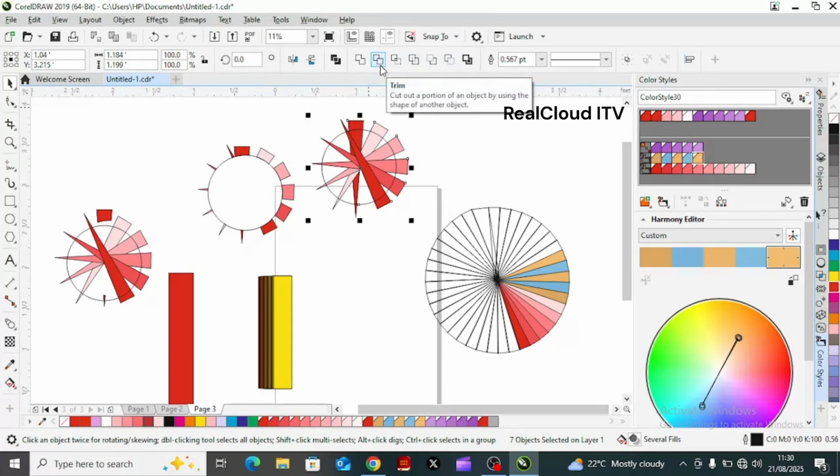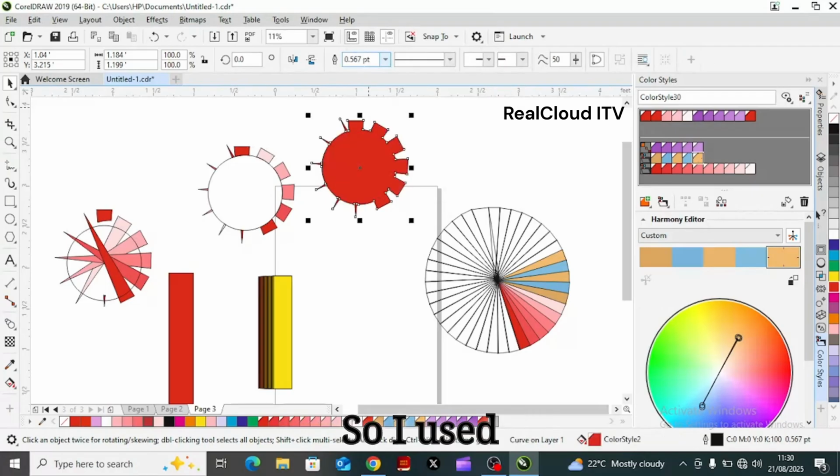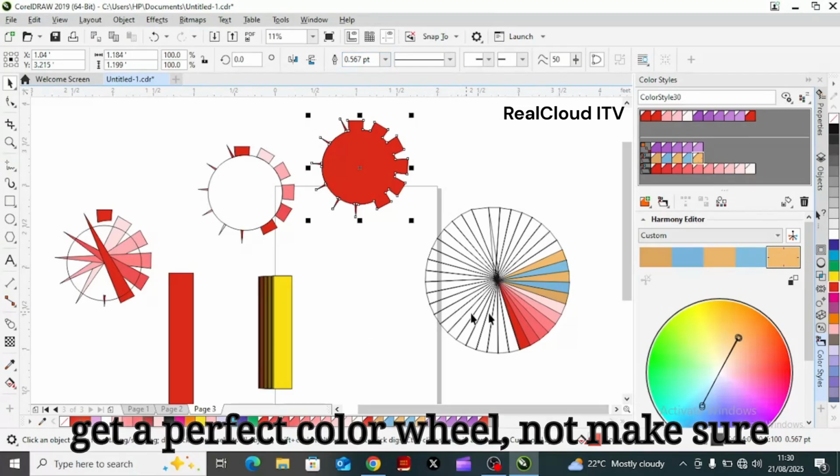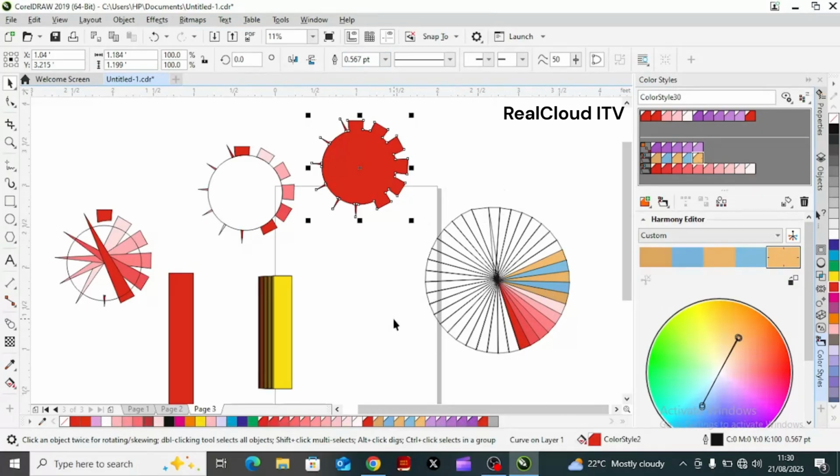See, then there's, what is this one? I use weld. So I want to get a perfect color wheel. Make sure that I take this one out, right, and then